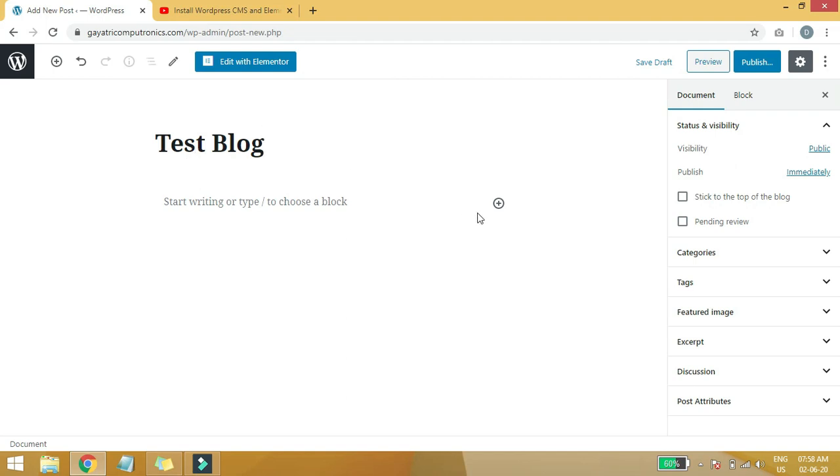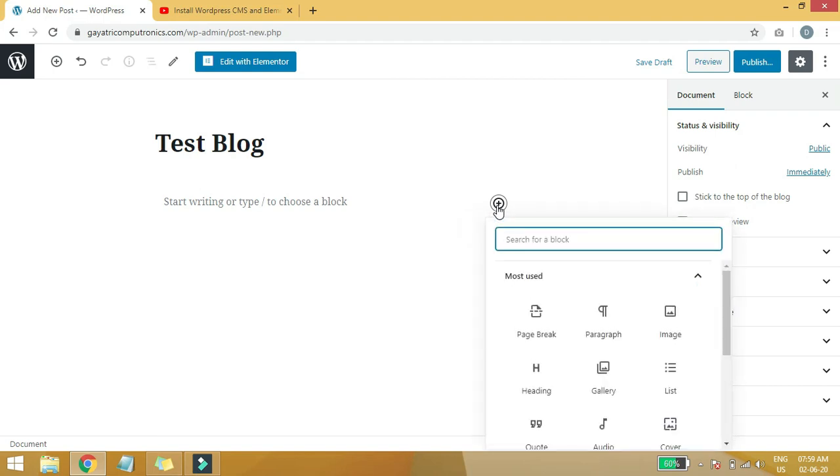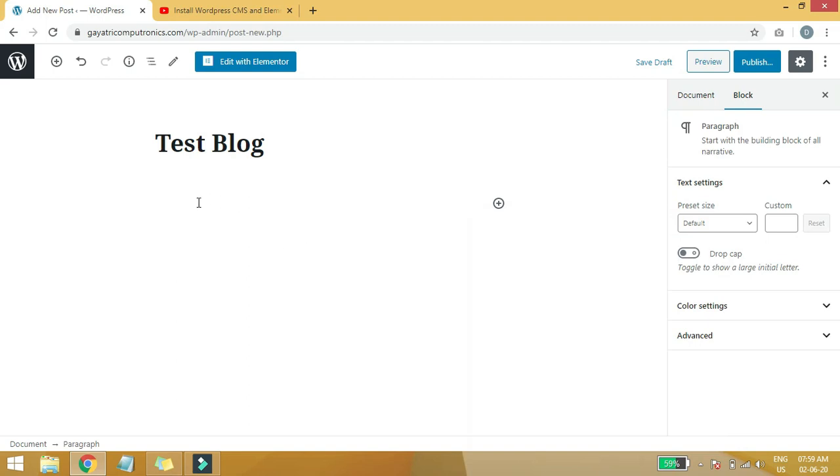Below this test blog we can see an add block icon. Simply click on this. We need to select paragraph. Basically our content for this blog will be a paragraph. So here we can write, I am just showing you how to add blocks. I will just use a test block description. Basically, on your business websites, you have different blogs, and you can write that description here.